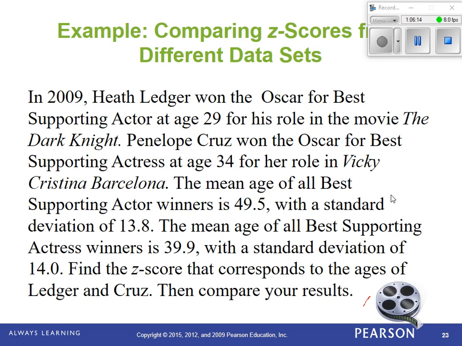With a standard deviation of 13.8. The mean age for all Best Supporting Actress winners is 39.9 with a standard deviation of 14.0. Find the Z-score that corresponds to the ages of Ledger and Cruz, then compare their results. So we're going to find these Z-scores because we can't really compare Best Supporting Actor to Best Supporting Actress, because